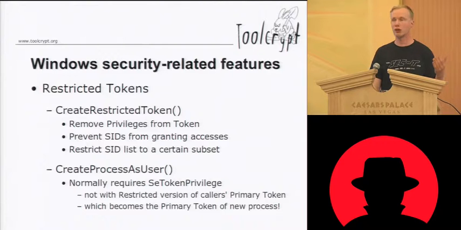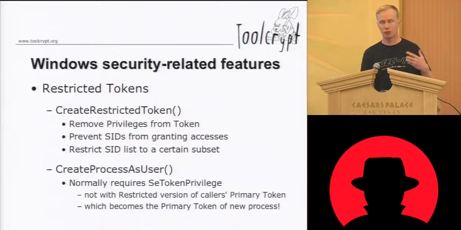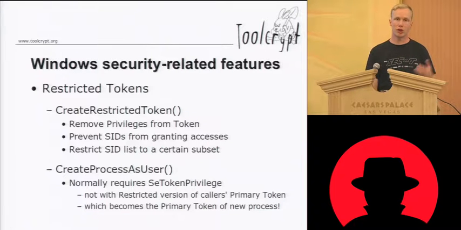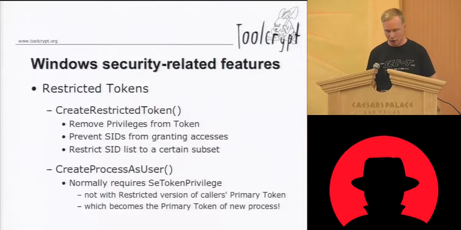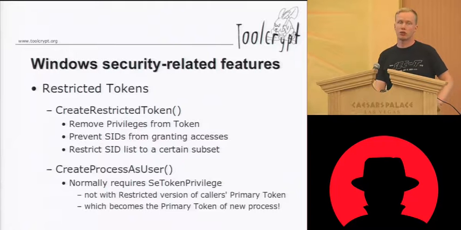entries in the DACL for the resource that you've requested access to, it will basically skip all the access granting access control entries and only process the deny access control entries. You can also remove stuff from this list and create a smaller list, and you can actually add stuff to that list as well that wasn't there from the start, which is very interesting. And it's actually fortunate that you can, because it's the only way actually to deny access to certain system resources